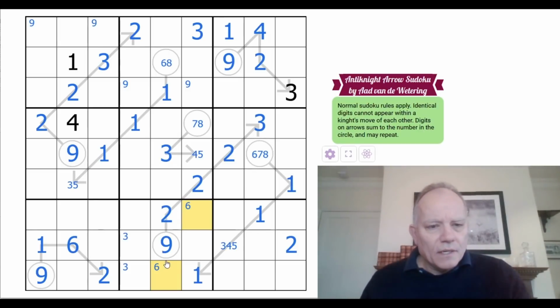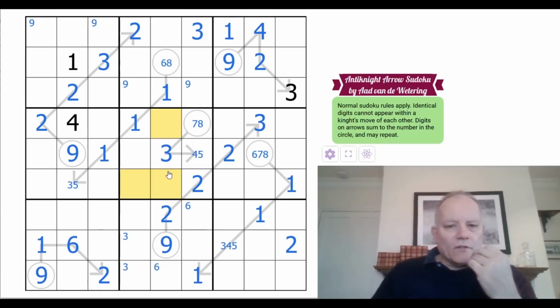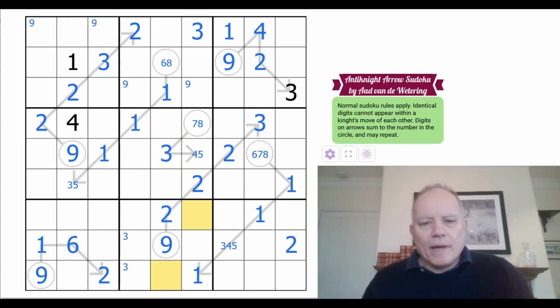This should be snowballing a bit. Yeah, that 9 sees those cells and that one. So now there's nowhere to put a 9 at all in the central box, and that means I've made a mistake. Let's go back to...